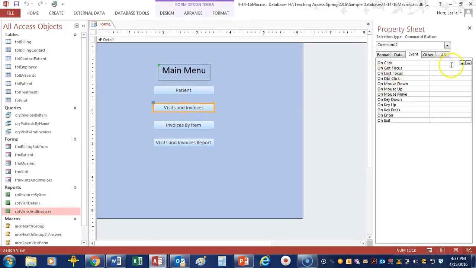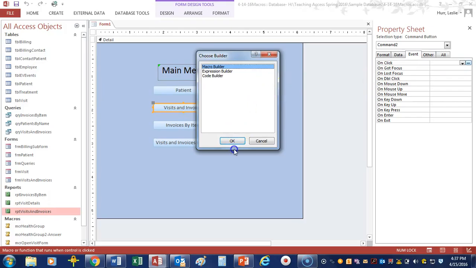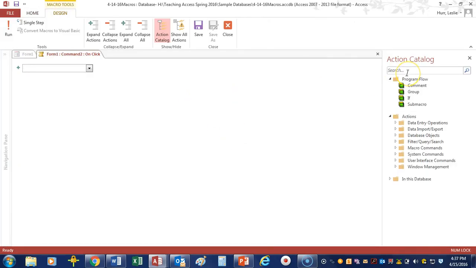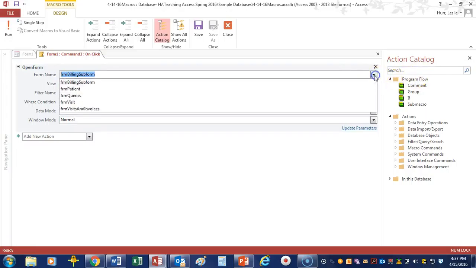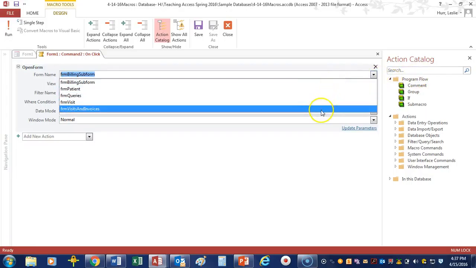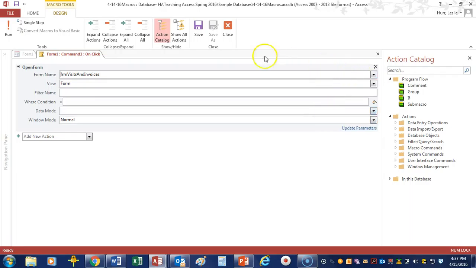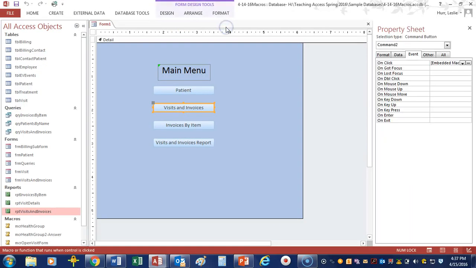So I'll click on this button, I'll click on the build button, and I'll say OK, and I'll say open form, and I'll say form, and I can just click on the down arrow here and click on the visits and invoices one, and I'll say save and close. And then I can come here, and actually this is a report, so I'm going to say report here as well. And so I'm going to come up here and I'm going to click on the build button for this particular button,